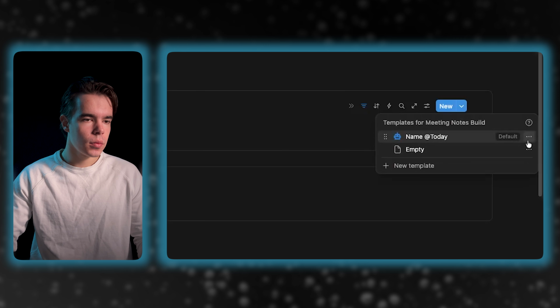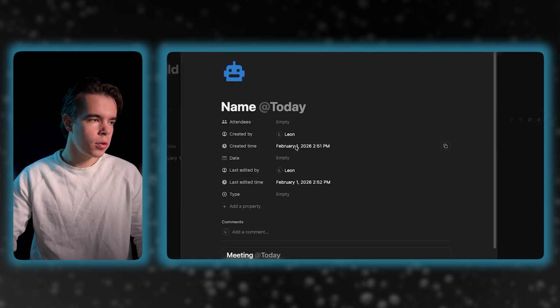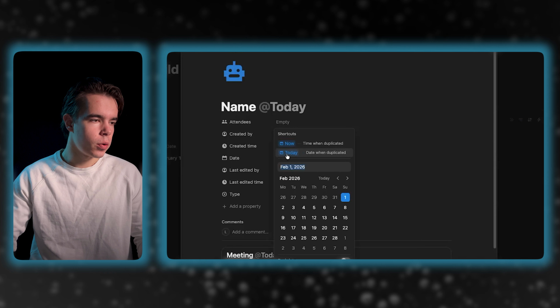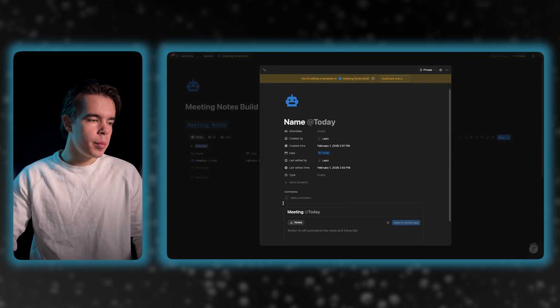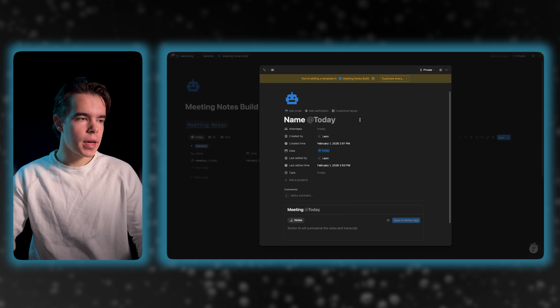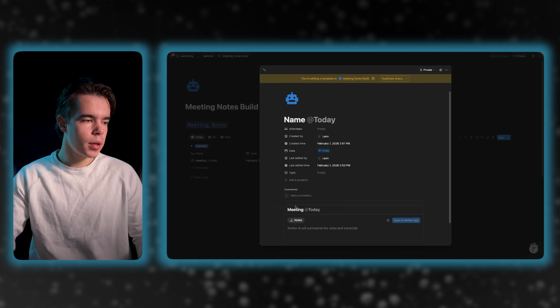One last thing I just thought of is what we can also do is for date, we can also select the date. Now we have the meeting notes. The dashboard looks really nice. Now one last thing besides the template here, this in the body, what we can also do, I will do it now. It should have been in the other